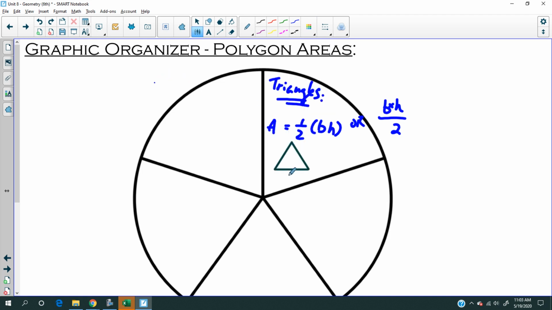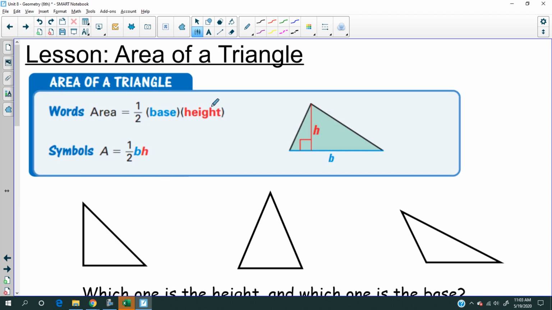a base here, and you have the height here. All right. Oh, that's not very good. Okay, let's try it again. And you have the height here. All right. So base times height divided by 2. Okay. So let me come back to this. All right. So now,